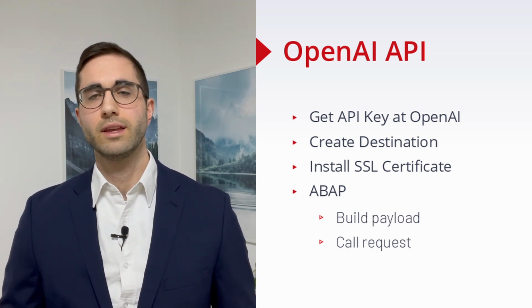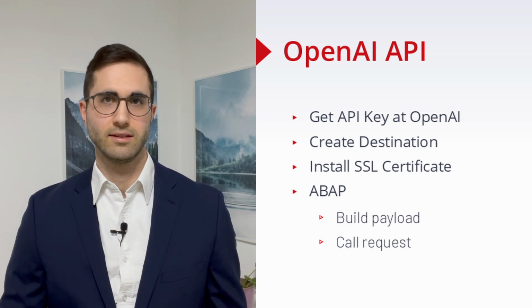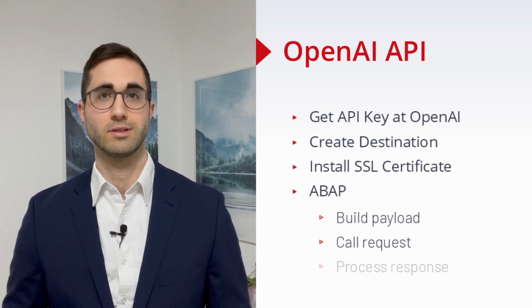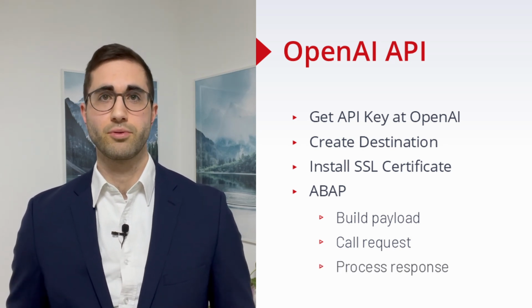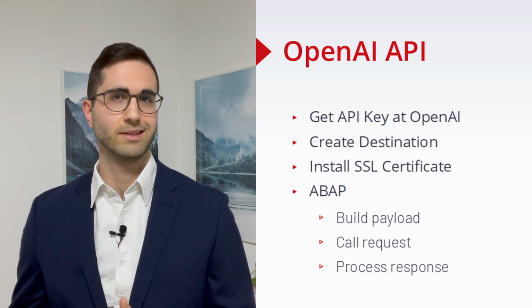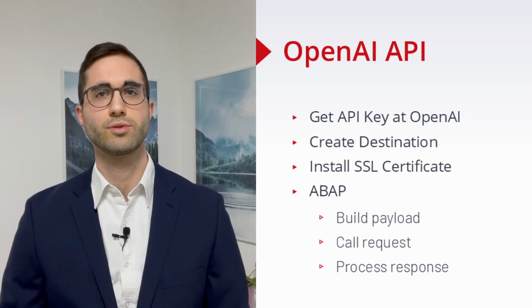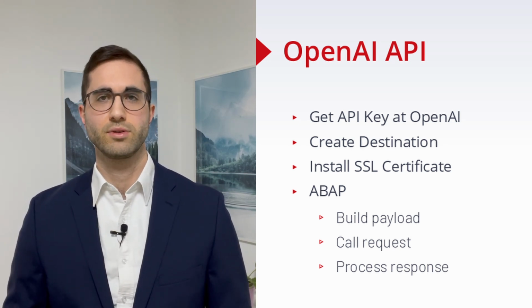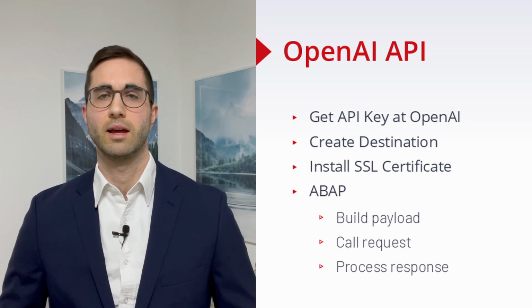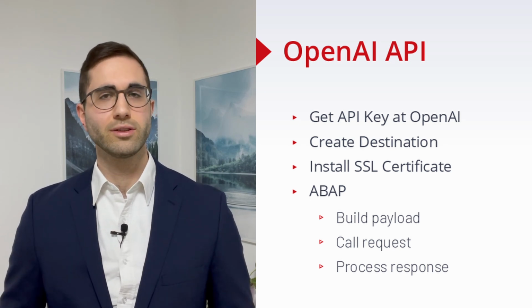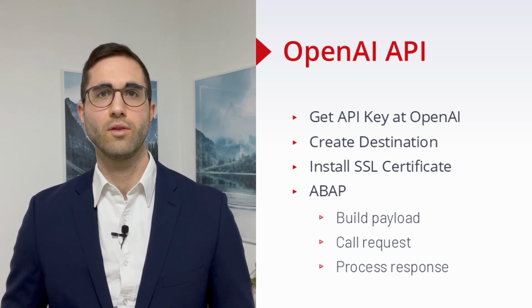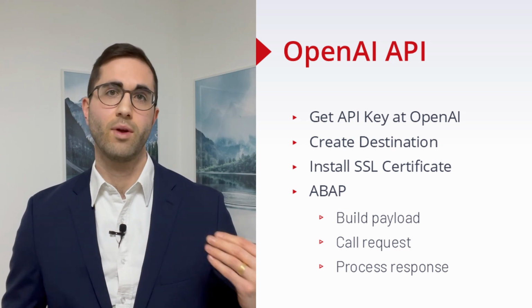Within the call, you use the created destination to get the response, and then you can process the response. You can output it, or use it in some follow-up processes. And all those steps I've mentioned in this overview, I will explain directly within the